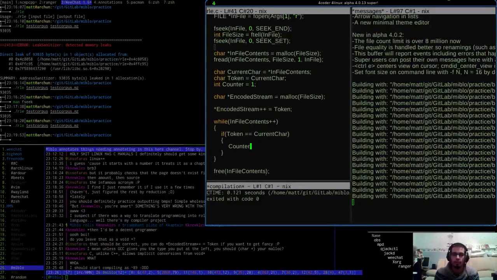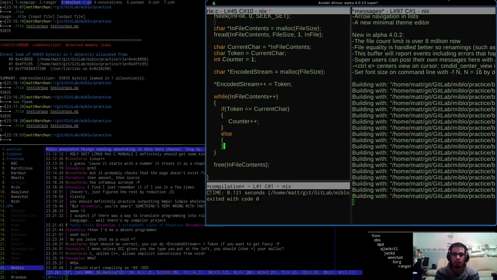Okay. Increment the counter, else we want to set token to be equal to the current char. I feel like I've got too many balls in the air here.